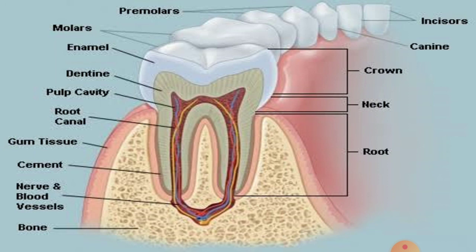Pulp is connected to some nerves and blood vessels, and the messages from the tooth are sent to the brain through these nerves. The message may be that we have eaten something too hot, something very cold, or something very hard. Some food can be very hard or very soft. Whatever the message is, it is sent to the brain through these nerves. So this is the basic structure of a tooth.